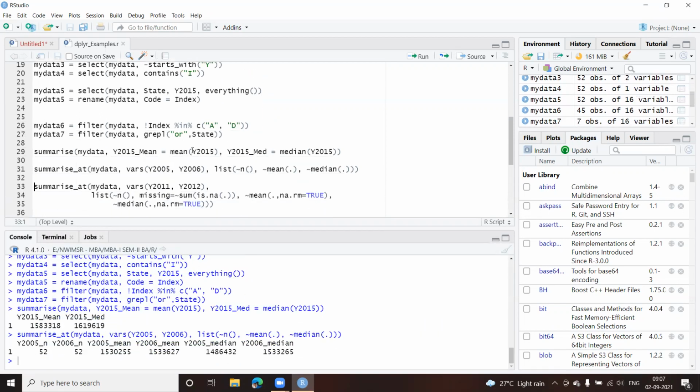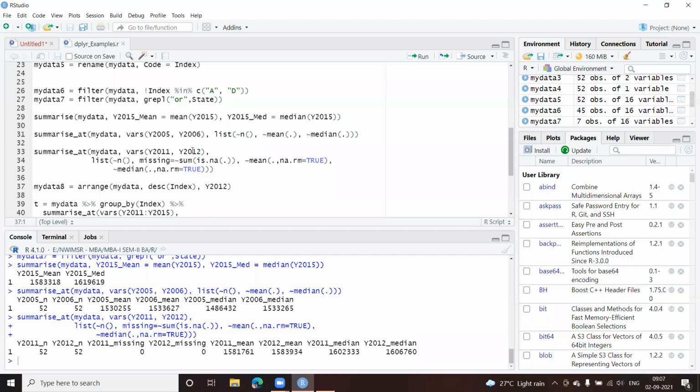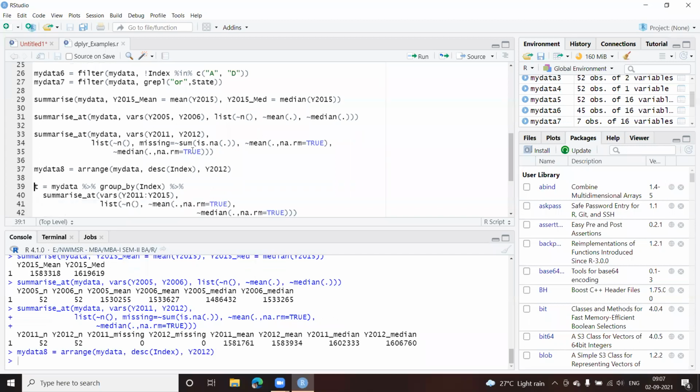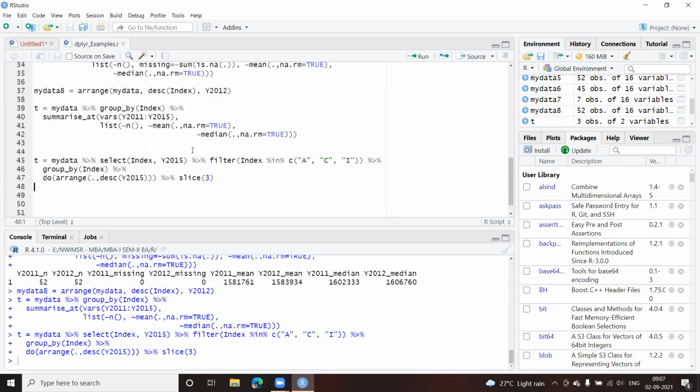Okay, so the last code, I think this was the summarize function, which we had used. And then we saw this group by summarize, and we combined this together using the infix operator or the pipe operator as it is called. Okay, and the last example which we took was, of course, using multiple functions, filter, group by, and we introduced the do function. Okay, so you can see this one, we had used do here, and we had sliced three. That means we got the three records here.